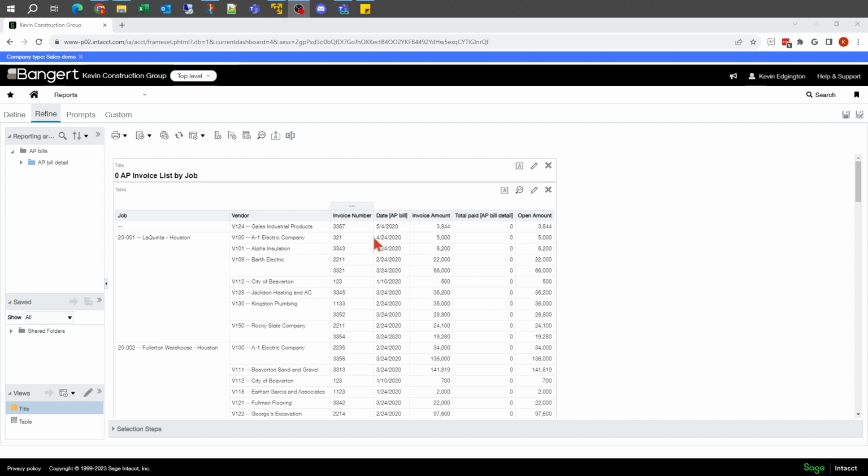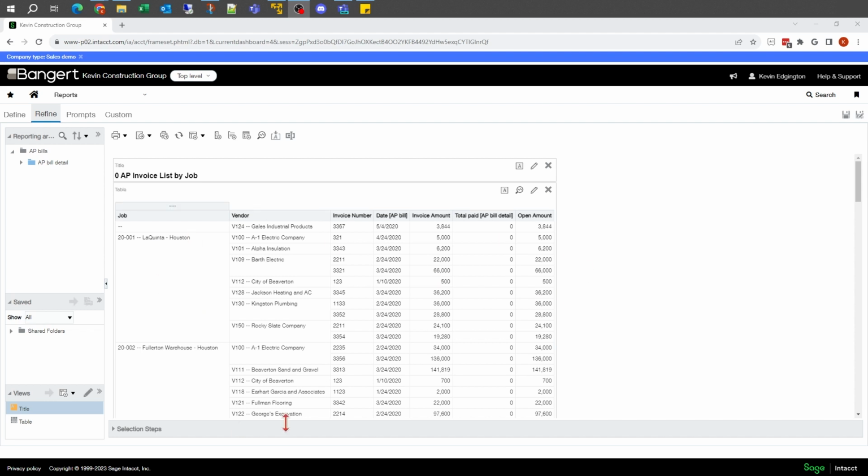Whatever content we're showing here are things that you could pretty much sort on in your reports, and you could sort on multiple columns also. We're also going to take a look at dropping in some subtotals. As I look at this report at the moment, I could see a job, I could see all these vendors, I can see all these invoices, and I don't really see a grand total for the dollar amount associated with this particular job, or the total amount of this vendor who has multiple invoices and so forth. What's the total of those without having to add it up in my mind?